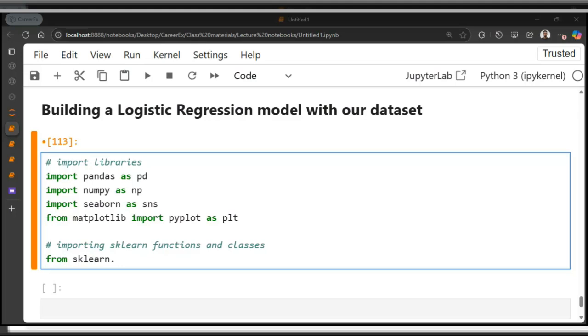So yeah, you import it from the linear model module.